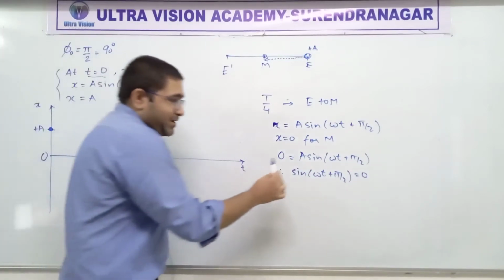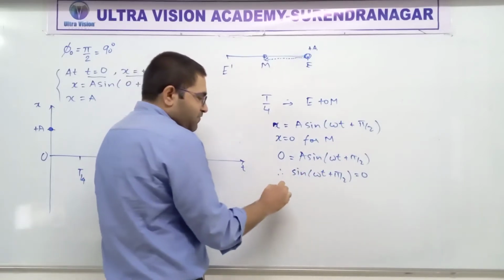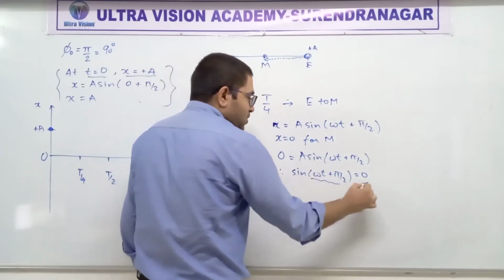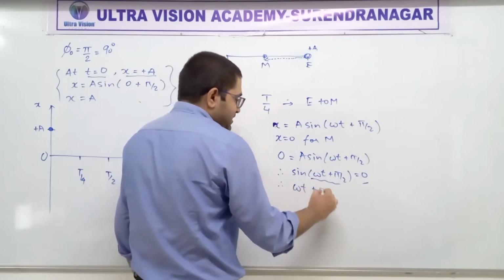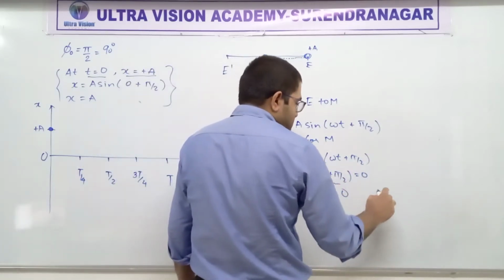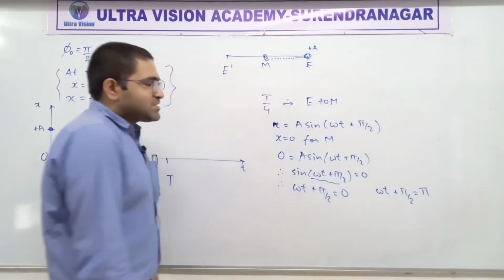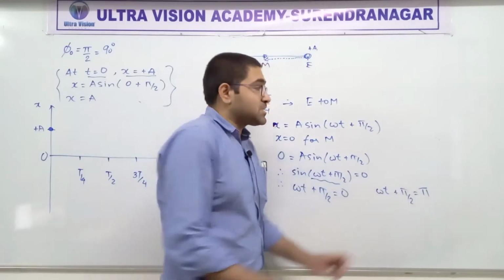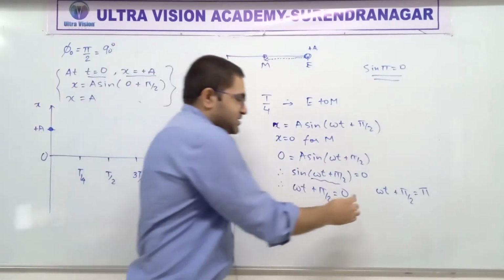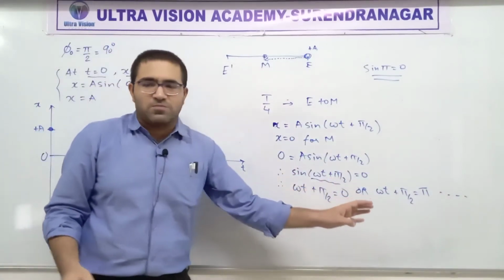This is where I was telling you that trigonometry is very important. This equation, where we want to find t, has more than one solution. Listen carefully. Of course, sine 0 is 0, so one possibility is that this angle is 0. Did you understand? But there is another possibility also. Math students, I'm sure, will realize this very easily. Even biology students will find it tough. This angle could be 180 degrees, pi, because sine pi is also 0. Is it clear what I have done? There are more possibilities, but we are not talking about that. We are just talking about the first two at the moment. Is this clear?